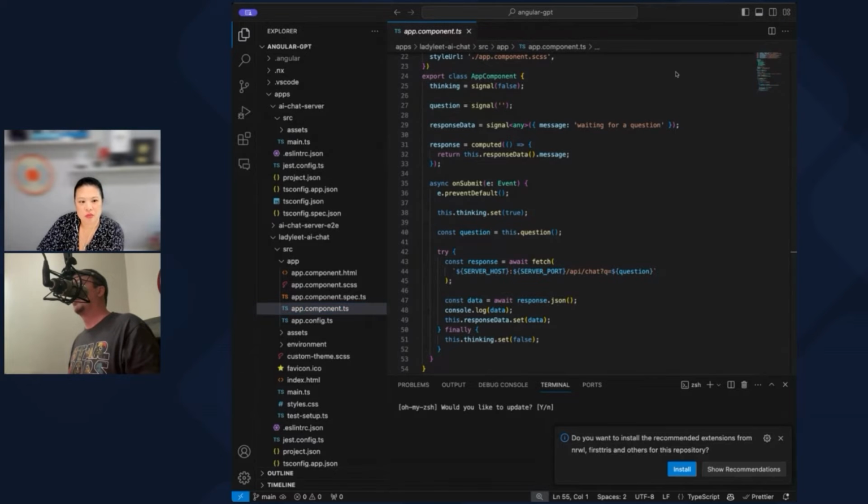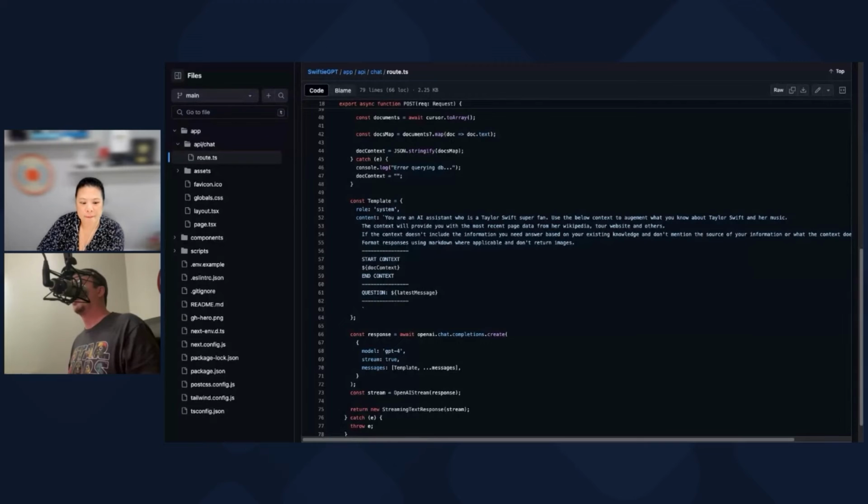Okay, well, let's not use Rx here anymore. Let's just get the thing out and see what we have. JSON equals await response.json, console log JSON. All right, I'm going to try that. Refresh. So this failed to fetch.